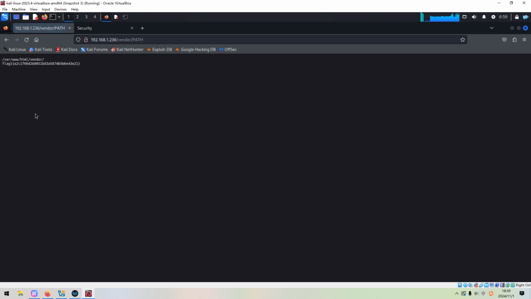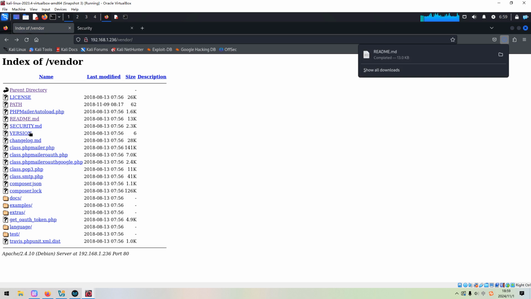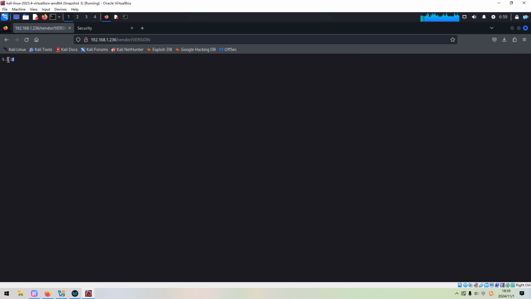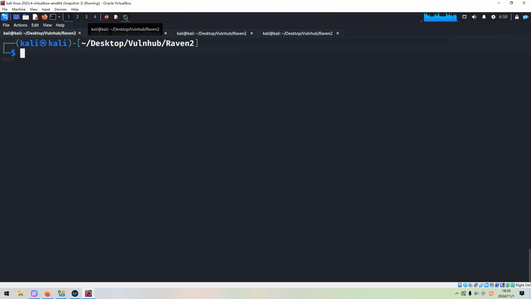Now of course, you can take a look at all files and directories under the vendor directory. We can even get the first flag, or flag 1. We can also notice that the target is running the PHPMailer library, with a README version. This version is a bit old. I'd like to interrupt GoBuster here. So we can use searchsploit and PHPMailer.